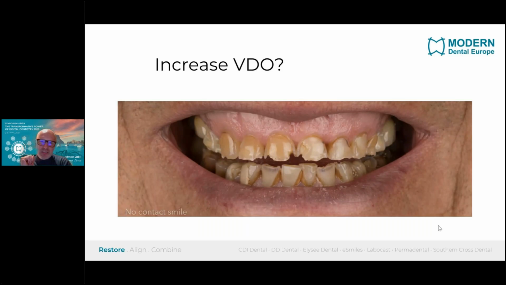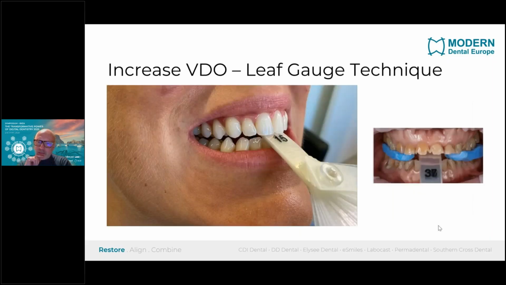An important question is, what about the increase of vertical dimension of occlusion, and how can you register this new vertical dimension? An interesting and easy, straightforward technique is the leaf gauge technique. You can buy those leaf gauges from any dental depot, and every leaf has a thickness of 0.1 millimeter. So you build them up towards the desired